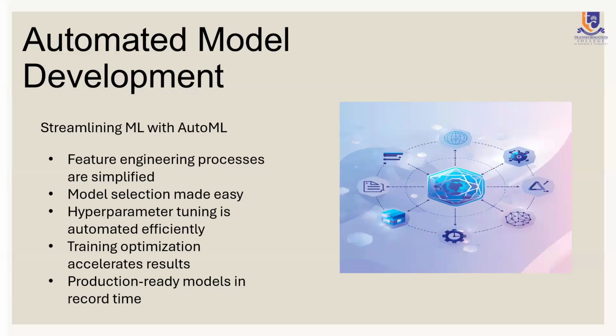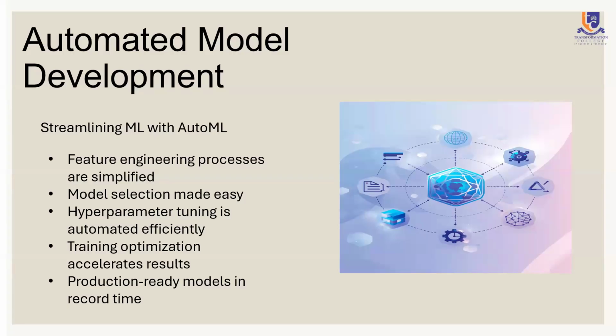So we look at feature engineering processes being simplified. We can select our model without having to write code. You actually just use your mouse and click on the model you want to use. You can fine tune your hyperparameters, and briefly, hyperparameters are the parameters that we track to see how we can make our model better. So if we use a particular hyperparameter today, and then we train our model, AutoML tracks the parameters we used and then fine-tunes those parameters so that when we run the training or prediction again, we should get better results.